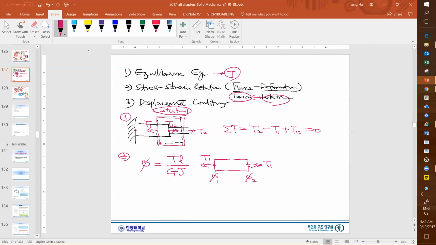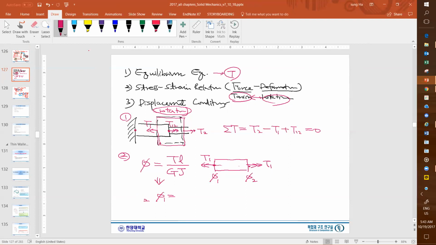So torque T1 is constant, or uniform, from here to this point. That is the important point. This torque is within the shaft, and it is constant within the shaft, and the angle of rotation phi is a relative rotation, say rotation of phi2 with respect to phi1. So if we write down this formula considering this, we can say phi2 minus phi1, it should be